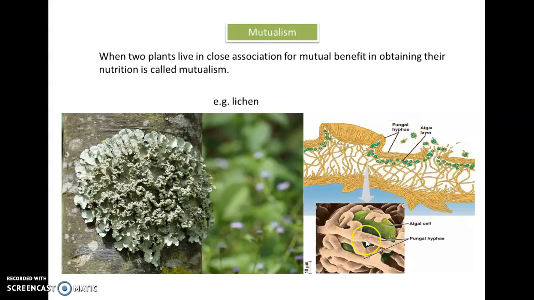In this structure we can clearly see, first of all, the fungus is protecting the algal cell, and the fungus is also helpful in arranging the moisture and nutrients from its environment which are needed by the algae, and the algae use those nutrients and minerals for the process called photosynthesis. The product formed by photosynthesis is again given to the fungal part of the lichen. In that way, they both show a partnership for living together, which is called mutualism.